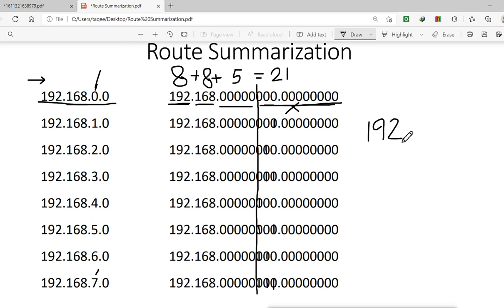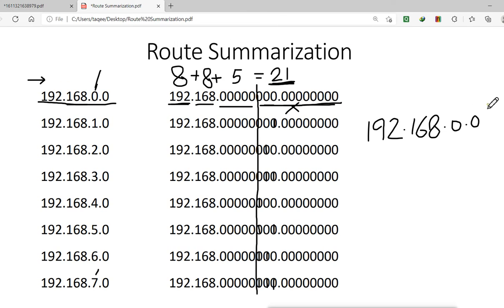For the summary address, I will say the network address is 192.168.0.0. And for the subnet mask, I will use these common bits, and the common bits are /21, and this will become the subnet mask for the summary address.